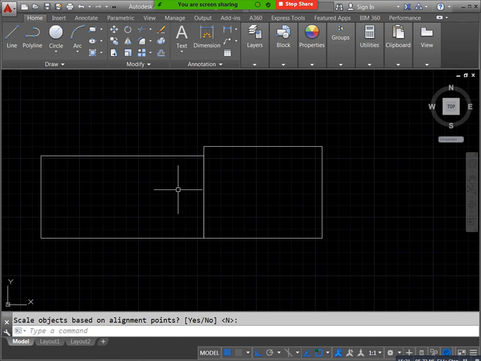Move command also applicable. In case you need to use align, that is not possible, again you need to use any other command and you can move your object.